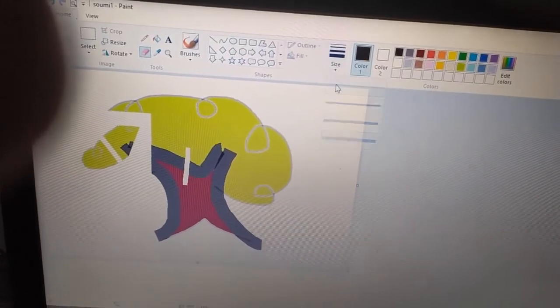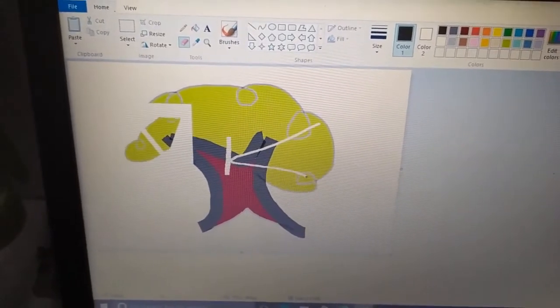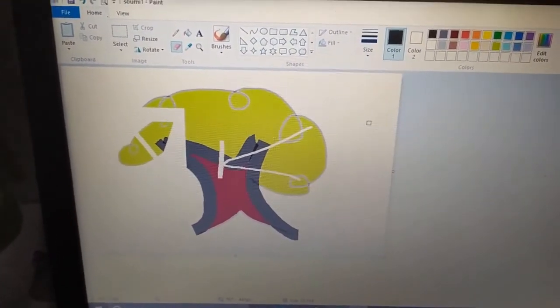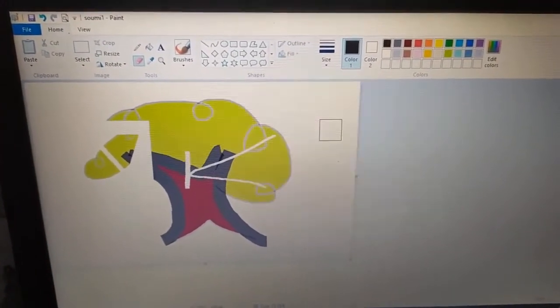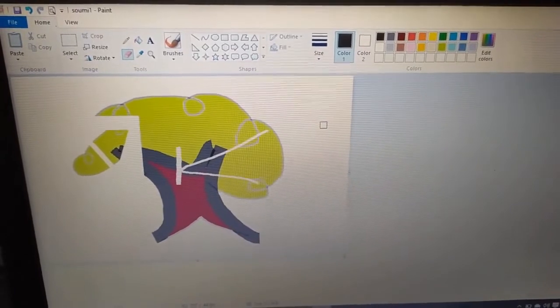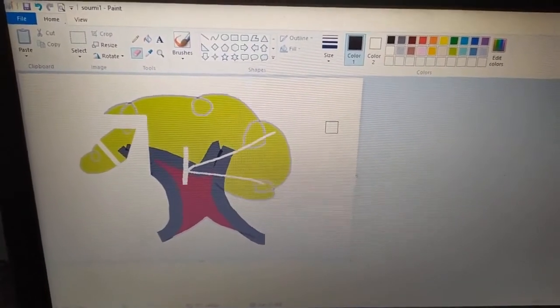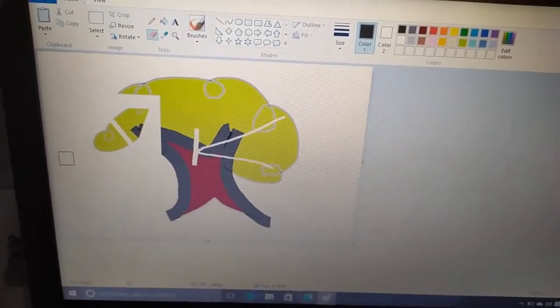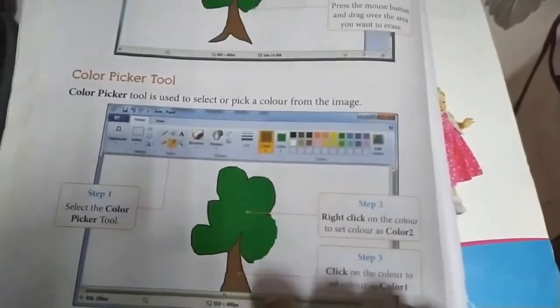And also, if you want to make it much bigger than this high size, from the keyboard please press Ctrl and plus together. See, the size of the eraser will be increased. If we press Ctrl and minus, then it will be decreased. If we press Ctrl plus, then the size of the eraser will be increased. Okay.